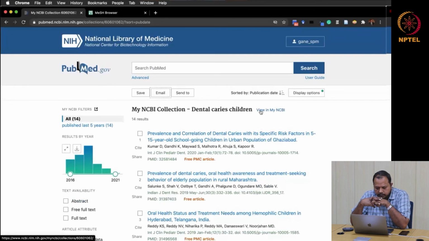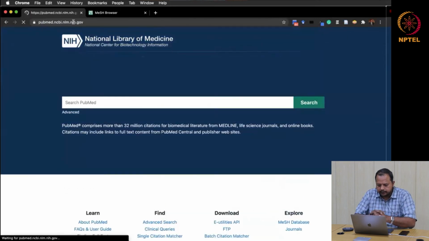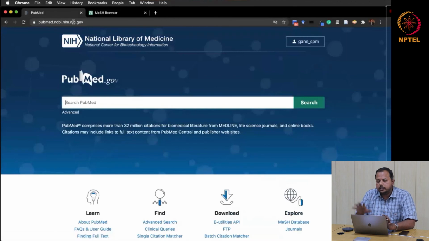Yes, as I mentioned already, there is a separate service provided by PubMed, which is called PubMed Central. Basically, PubMed Central is where all these articles are available as free full text. You can explore all these options of PubMed and everything. There is one more thing which I wanted to tell you guys, like if you want to see what are all the journals which are all available in PubMed, is it PubMed indexed journal or not?